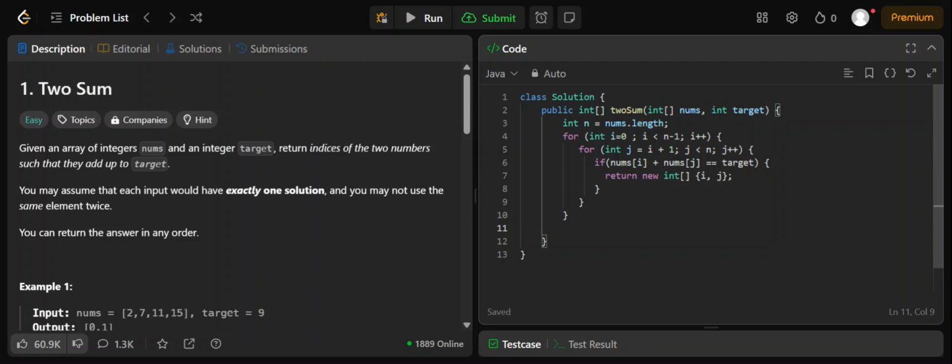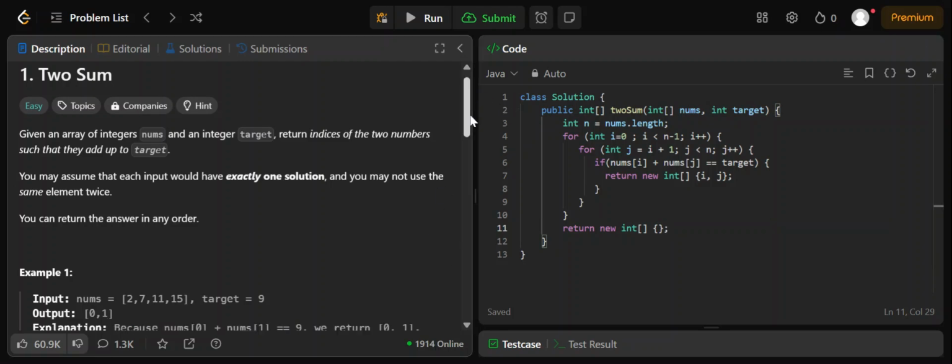After closing the for loop, here we will write return new int, same, but here it will be empty. So here is the solution for this problem.